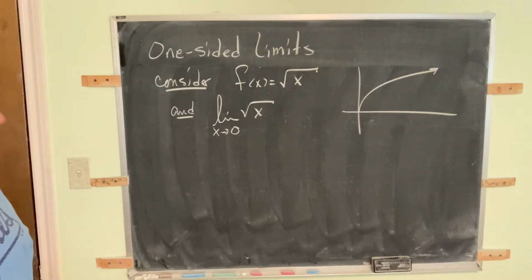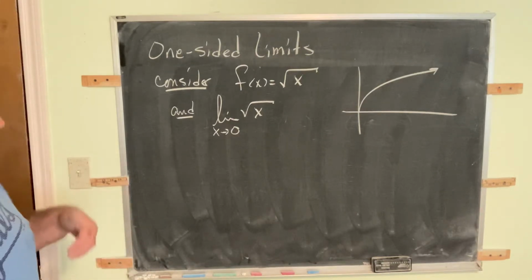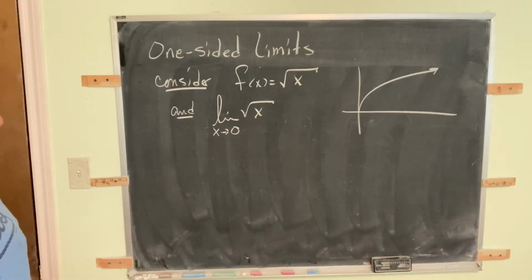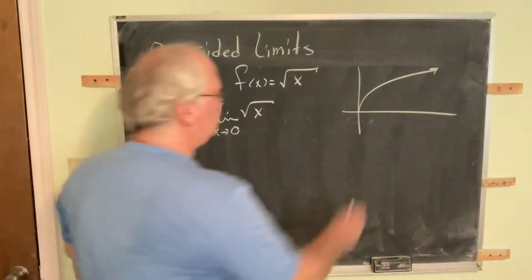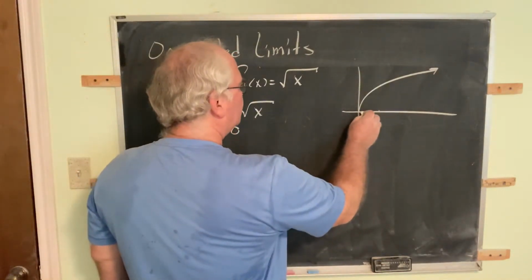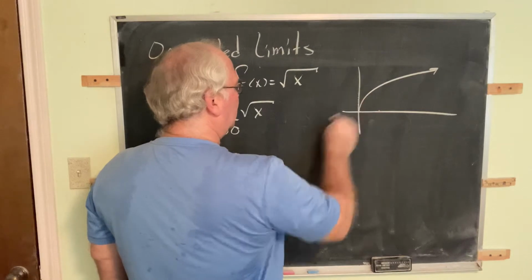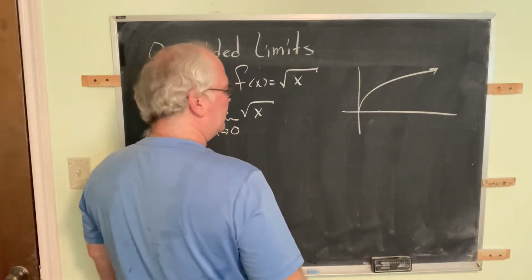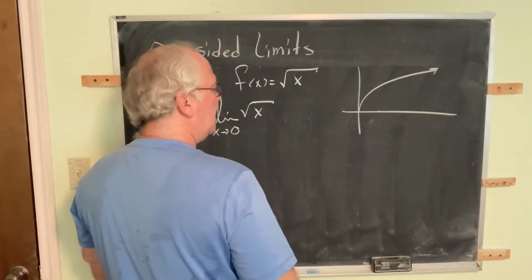As x gets closer and closer and closer to 0 on the x-axis, the question is, what is happening on the y-axis? Well, you might think, as you get closer and closer to 0, the y values are also getting closer and closer to 0. That might seem to be pretty straightforward. However,